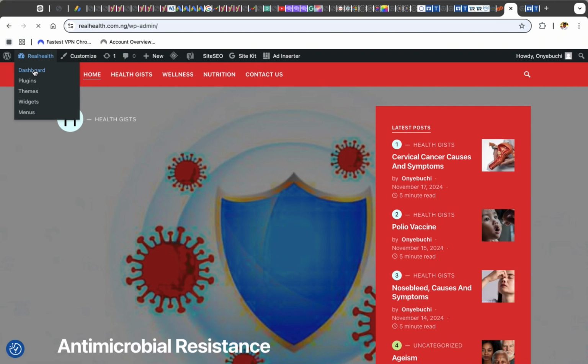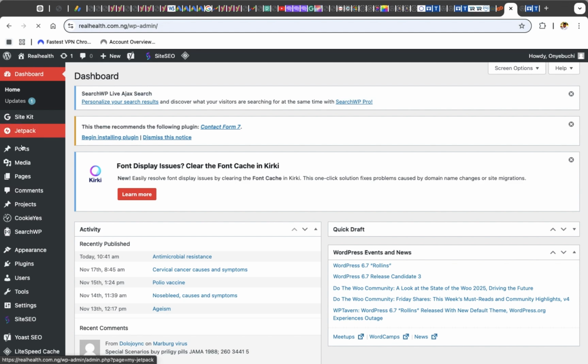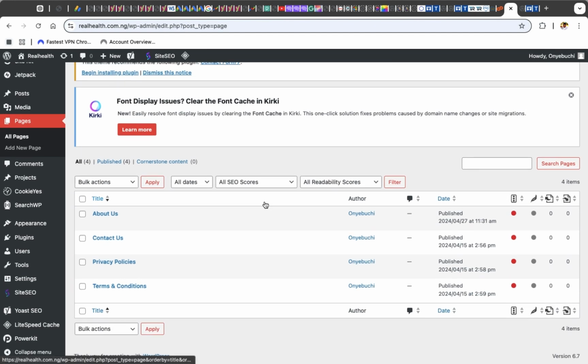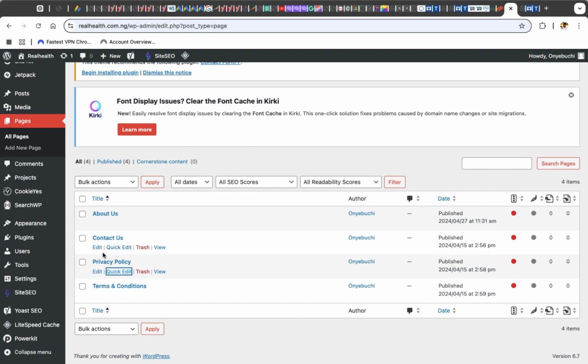and when you get to the dashboard, the next thing you have to do is to move to pages and select all pages. When I was designing this site, I had already added my about us page, contact us page, privacy policies page, and terms and conditions page. So here all I'll have to do is to, okay, I made a mistake here. Let me quickly edit this now. Privacy policy, then update, and after this you click on edit,